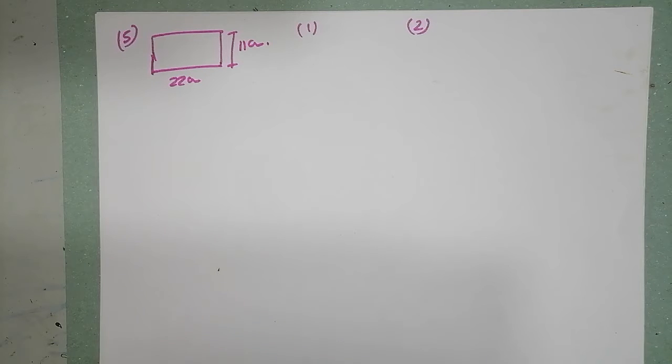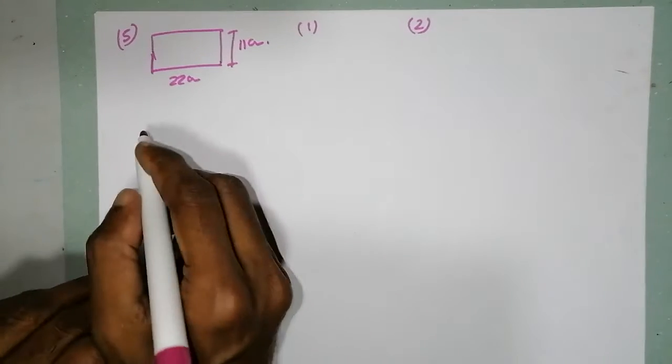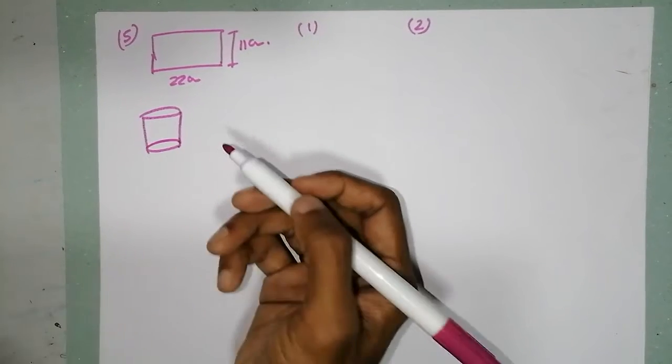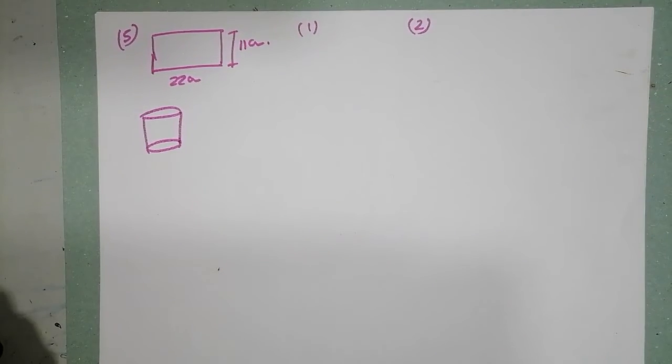Each side forms the curved edge. That is the important data to do the question. If you need, you can underline that part: each side forms the curved edge. If you think of a cylinder, it looks like this. So when we use a rectangular sheet, imagine.